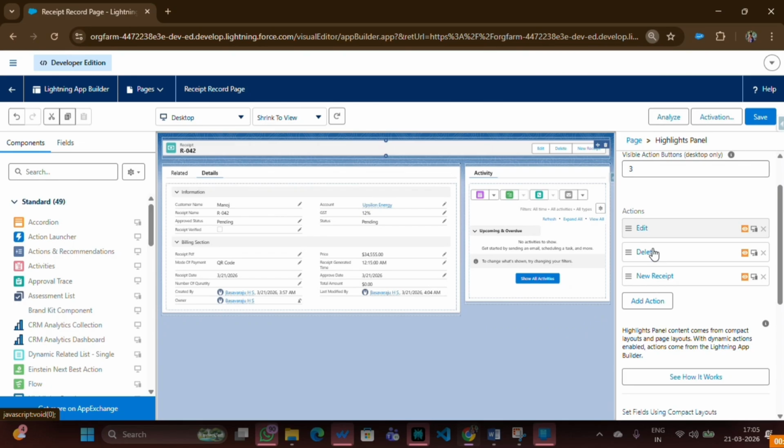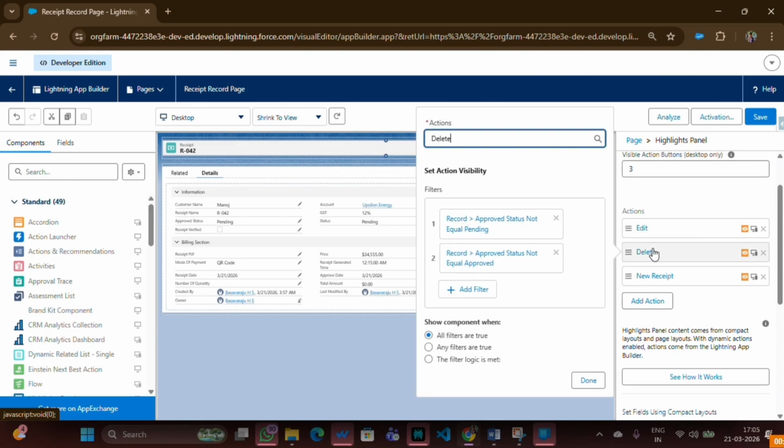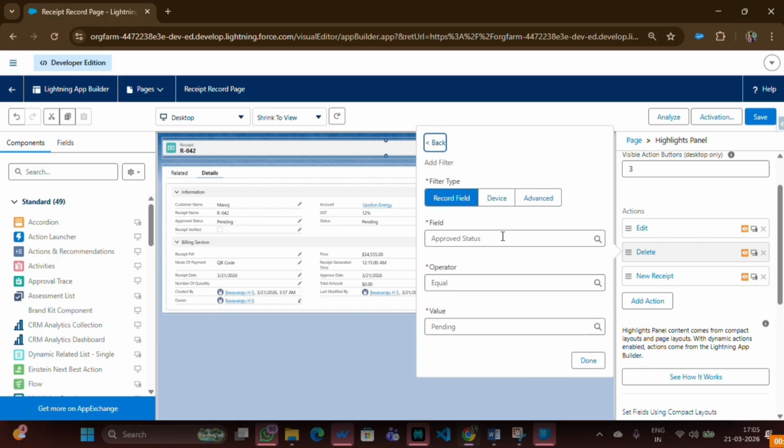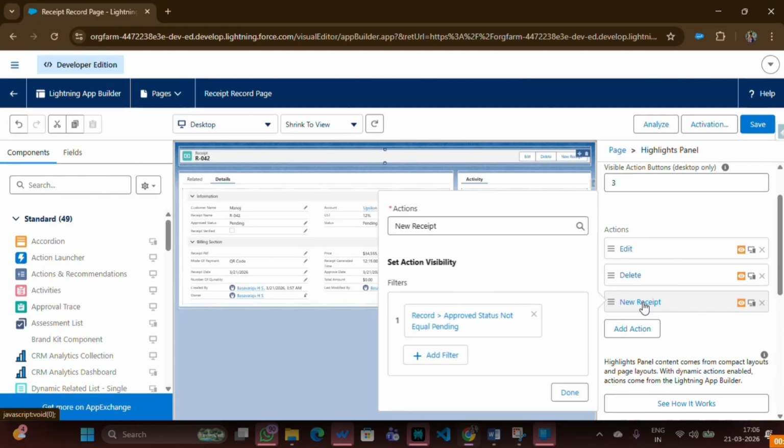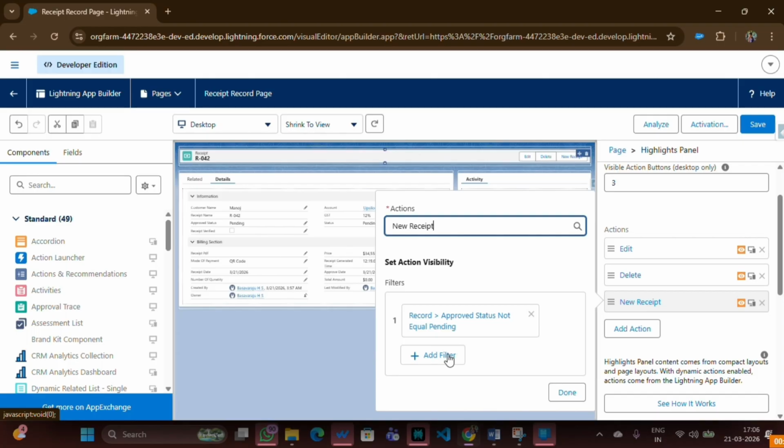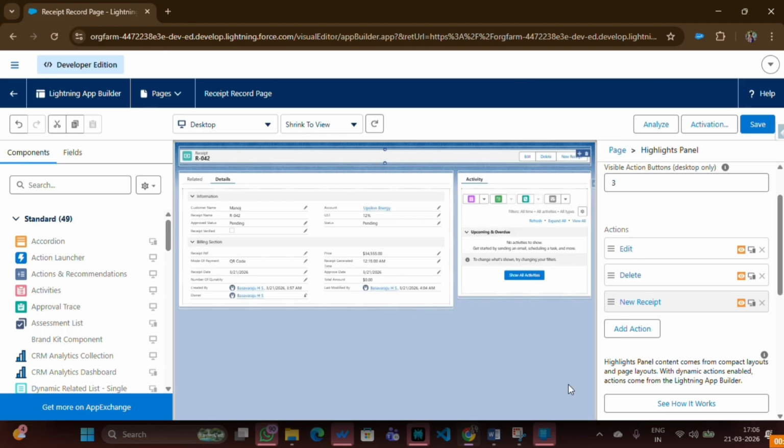Go to Delete also. For this also you need to add one more filter like approval status is equal to Rejected. At that time I need to show this particular button. That's why just click on Done. Then click on New Receipt. Here we need to add one more filter because we don't have a rejection filter for this particular button. If I didn't add the filter for this, what happened? If I click on Done, click on Save,